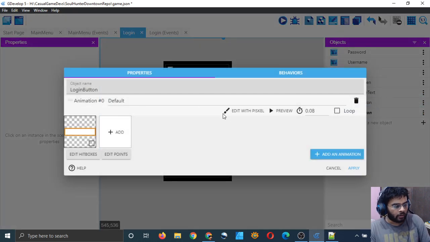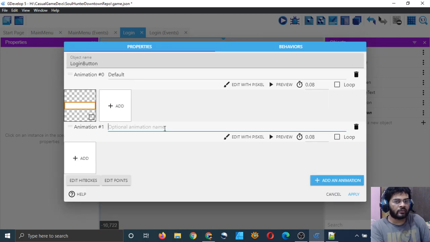Okay, and I think I will add some animations also. Add an animation. I will call this animation hover. This is a hover animation, and first of all I will have to create a duplicate in order to get it in the hover.